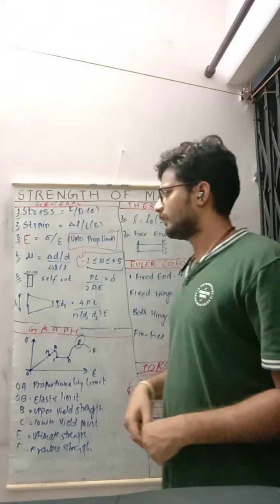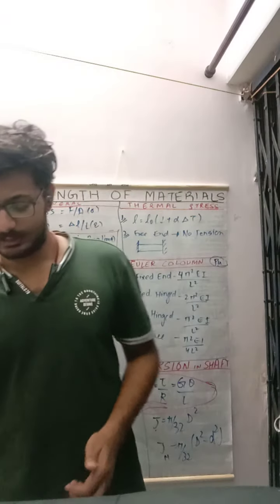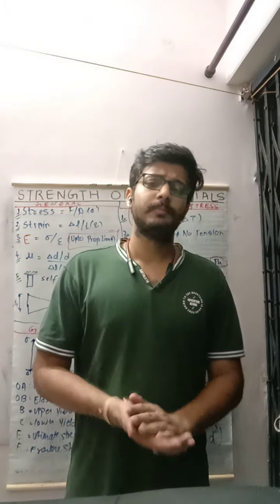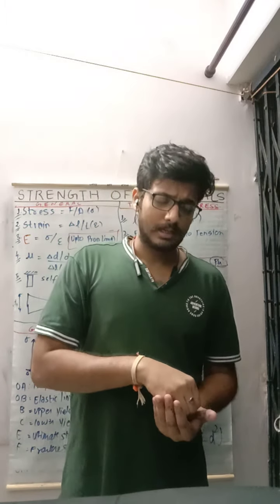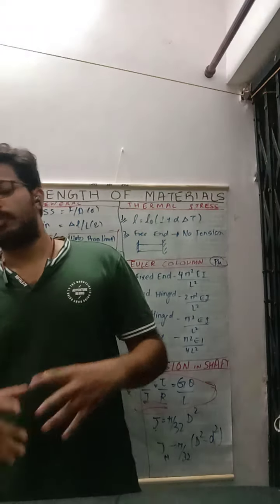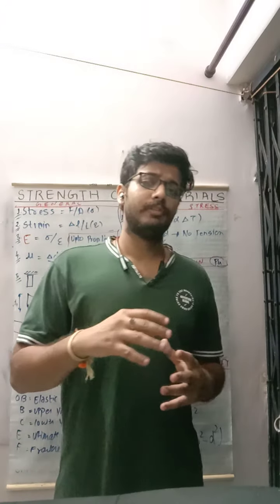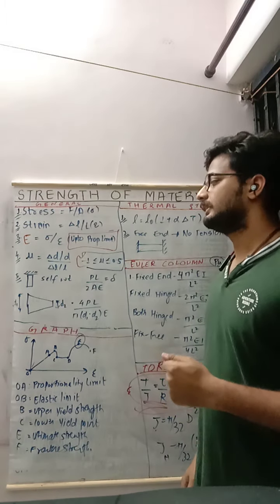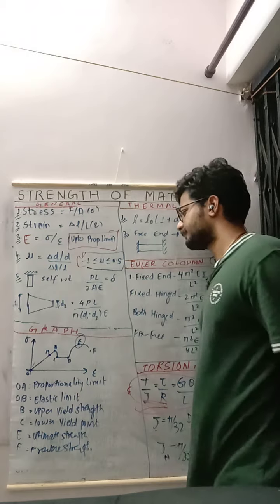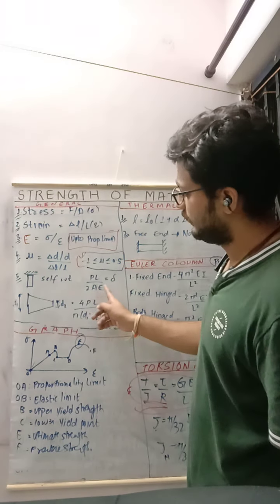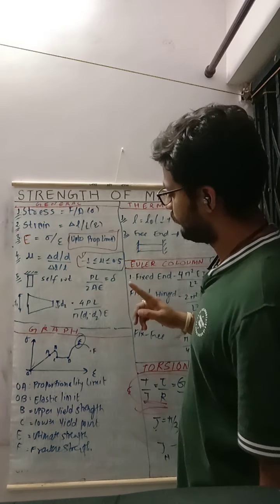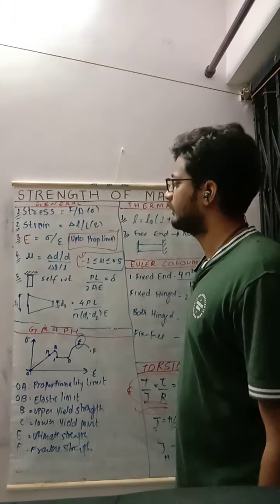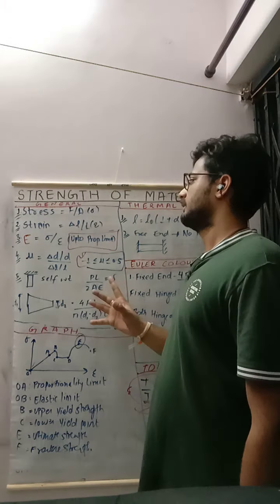Now, two more important formulas that should be mentioned are the value of deformation due to its own self weight, and the value of deformation of a tapering rod. With its own self weight, it is PL upon 2AE, P being the weight, L being the length of the bar, A the area of cross section, and E the Young's modulus. This is the deformation under its own self weight. And for the tapering bar, it's 4PL upon pi D1 D2 E. So these are the important formulas from the general topic.